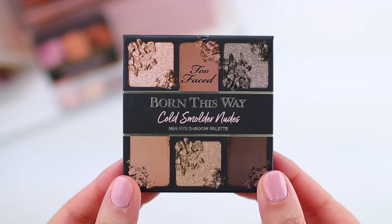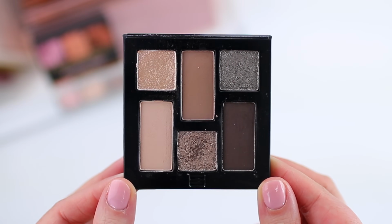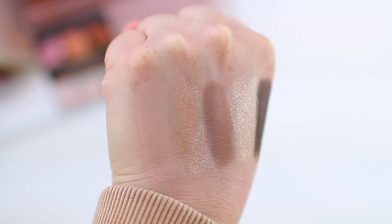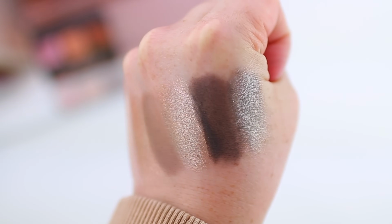That being said, I do really like the Cold Smolder Nudes palette because this one is a cool toned version. So it's the same formula as the original, but it has beautiful silvery taupey shadows in it that you don't really find in this palette. There are maybe 1 or 2 shadows that come close, but for the most part, this palette is very warm toned. So I've actually been loving this so much. I have an entire video where I use this. So if you want to see what it looks like, I'll link it below,